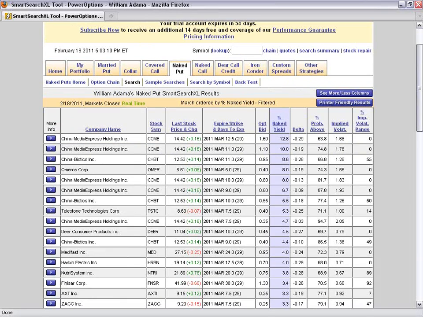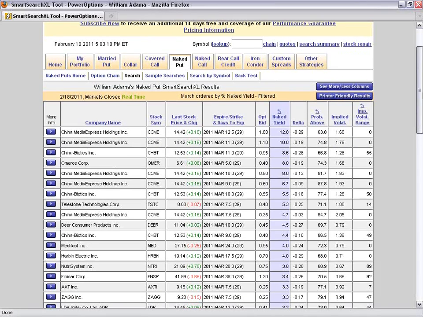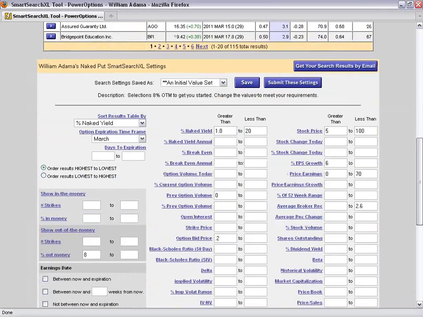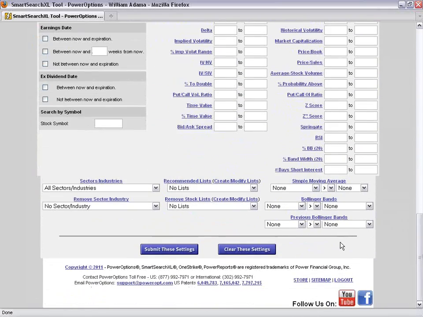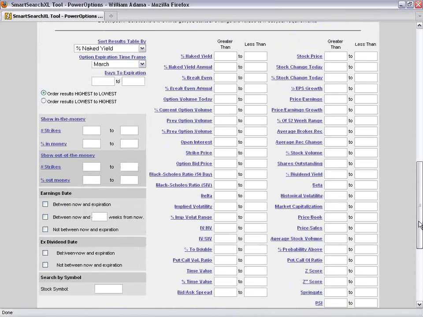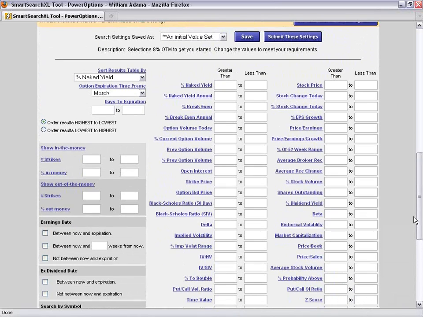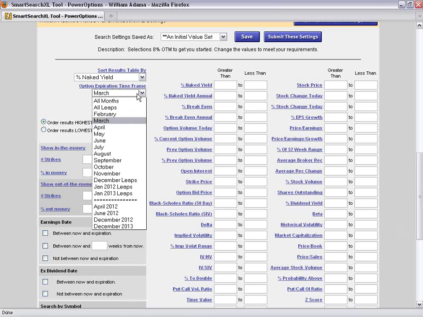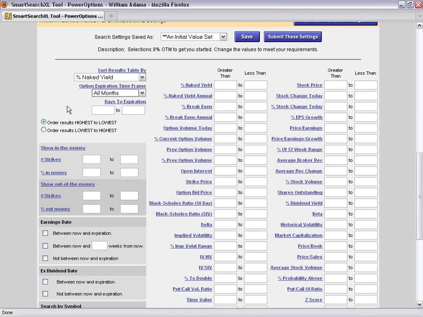Okay, so what I'm doing now while you guys are plugging in your questions and sending them to me, I'm going to go into the Naked Put search tool, and I'm going to scroll down to the bottom. This is how we typically start our open discussion every week. As I scroll down to the bottom, I'm going to hit Clear These Settings. Now, what I'm looking for today is that our new weekly series should have been released yesterday on Thursday, those that expire next Friday. At last count, we were looking at 40 securities that offered weekly options. I believe it was 24 stocks and 16 indexes and ETFs.